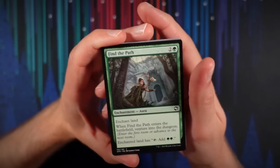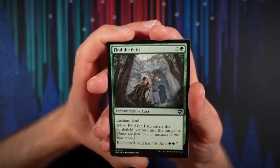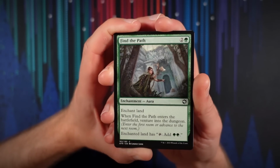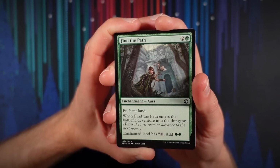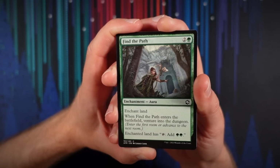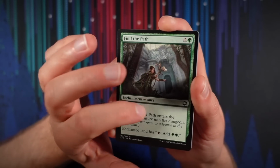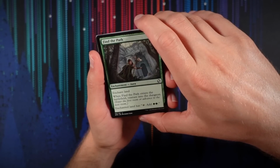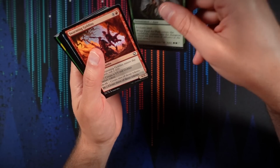Find the Path. 3 mana, green enchantment, specifically for enchanting lands. When Find the Path enters the battlefield, venture into the dungeon. Enchanted land has "tap: add two forests." Wow, that seems good. Obviously in a green deck, but